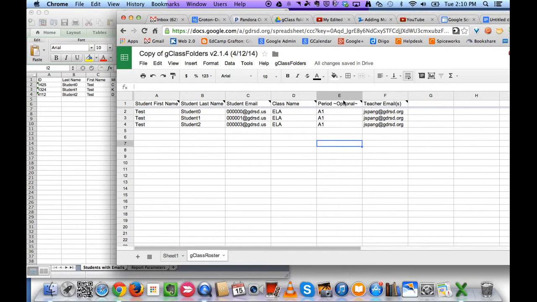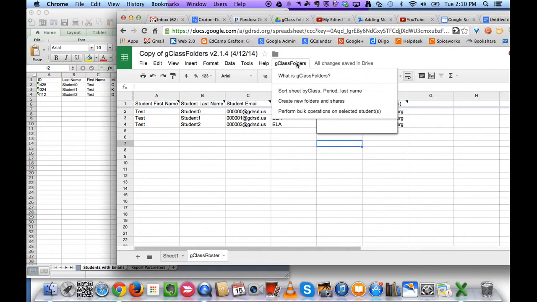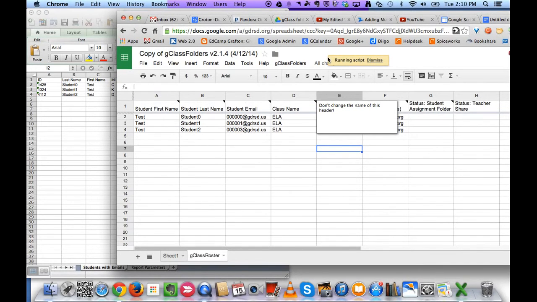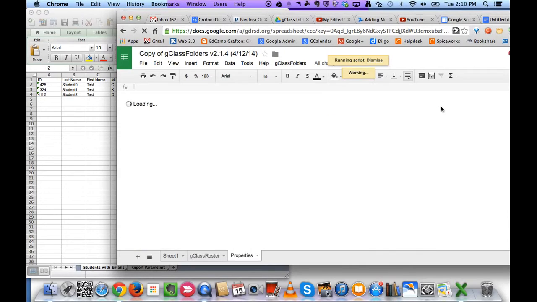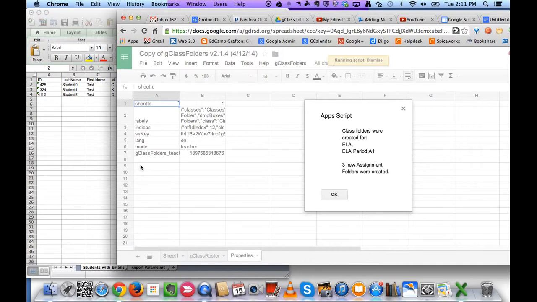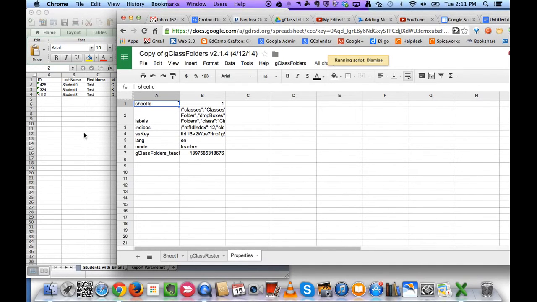Okay, so now I've loaded my student data in the GclassFolder spreadsheet, and I have to run the GclassFolder option one more time, and this time we're going to select Create New Folders and Shares. So it's now warning me that it's running the script, and you'll notice some information being built throughout the spreadsheet. This may take a while, so I may pause this video, but ultimately when the script finishes running, you'll get a message indicating that the script is done. Actually, here it is right now. So it's letting me know that 3 assignment folders were created. I'm going to click OK, and